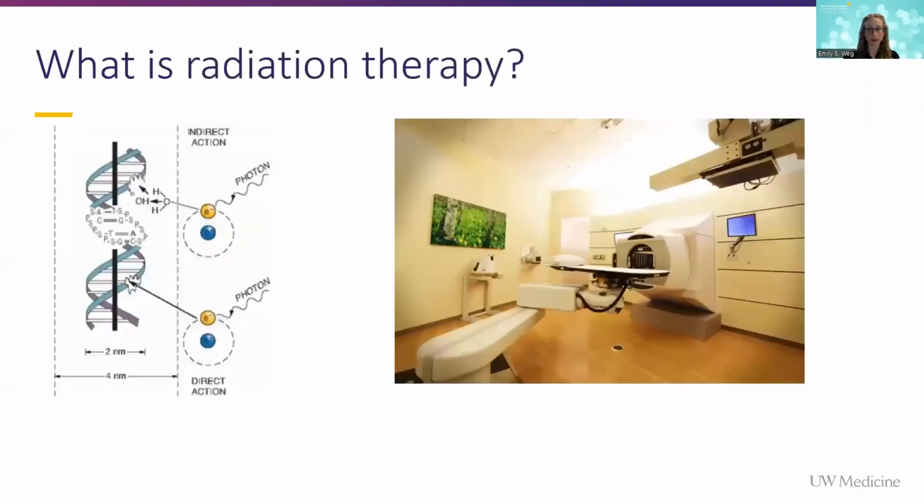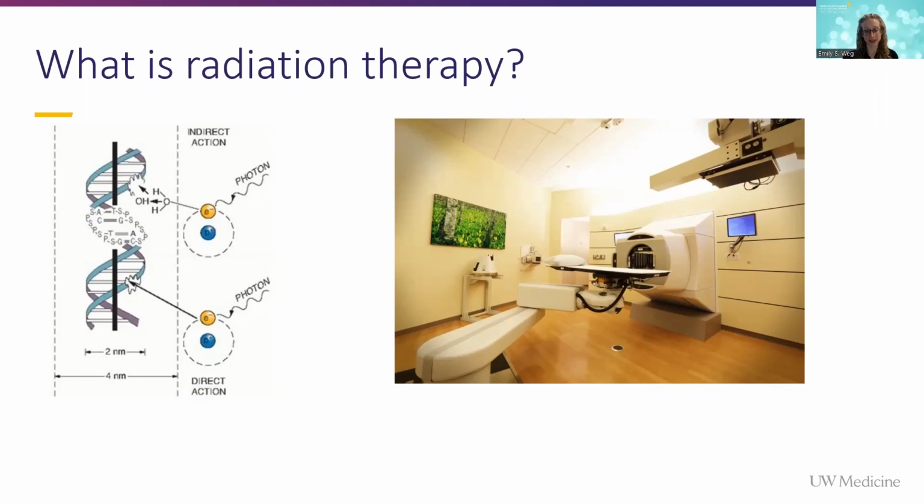So to start with a brief introduction to radiation therapy, on the right, you can see a picture of a treatment room here at our Proton Center. And on the left is a schematic of what's going on at the cellular level. Radiation uses ionizing radiation that enters a cell and causes DNA damage. Cancer cells, as opposed to healthy cells, are particularly vulnerable to this type of damage, and it causes cancer cell death. Our healthy cells, of course, are not immune to damage from radiation, and so the art of radiation therapy